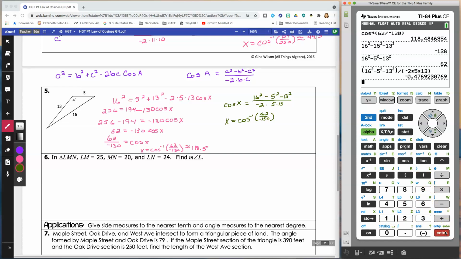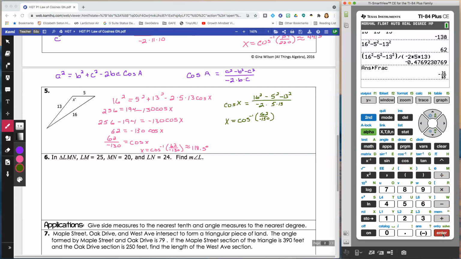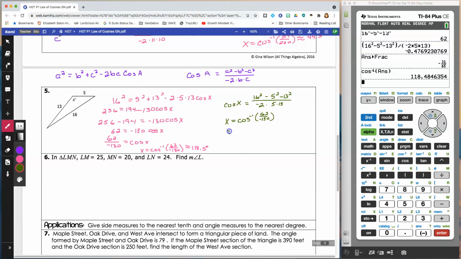Now, I'm going to take this and I'm going to simplify it. It's this. I could put it back in a fraction. That's completely up to you if you want to go back and put it in a fraction. So this simplifies down to negative 31 over 65. I could rewrite that if I wanted to. I really don't. I know what I'm looking for. I need the inverse cosine of this. So I'm going to type in the inverse cosine. I'm not even going to retype this. I'm simply going to use the second and the negative to copy that answer from my calculator right into the next equation. And then I simplify and note that I'm still getting that x is approximately